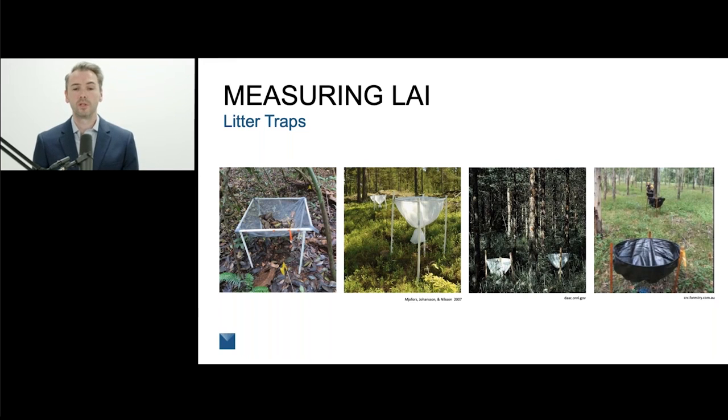Another option that's been used going back decades are litter traps, where if you have a canopy that's big enough to put these underneath, these can work well. There's no real standard for litter traps. You build them out of wood or PVC, and then you put a net between them. These will catch any sort of falling, senescing leaves. You go out at time periods, collect those leaves, and again, manually analyze them to get a leaf area index. These can work very well so long as they can fit under your canopy and you have the